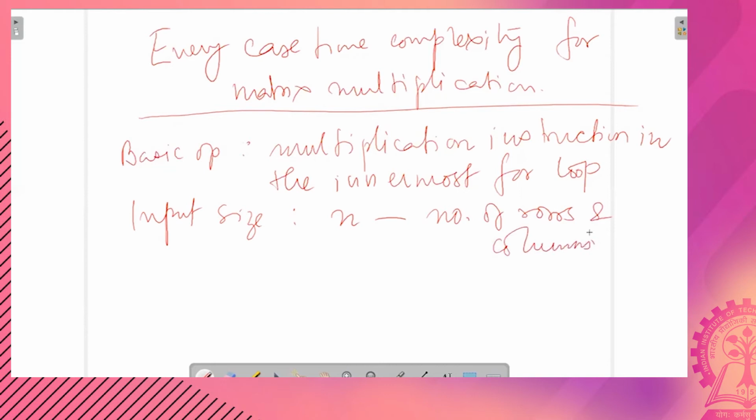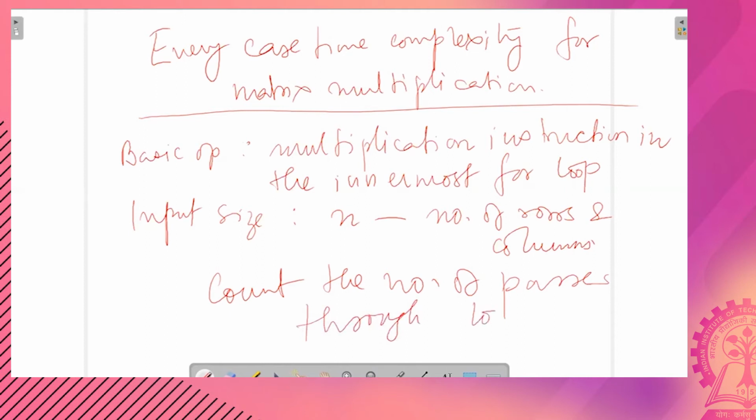Okay. So now here we will have to identify or count the number of passes through loop for k, right? In order to obtain the running time complexity, we have to identify or count the number of passes through loop for k. So that is easy.